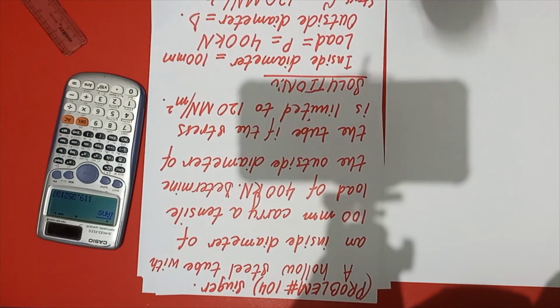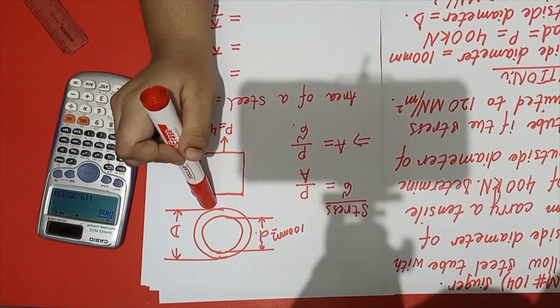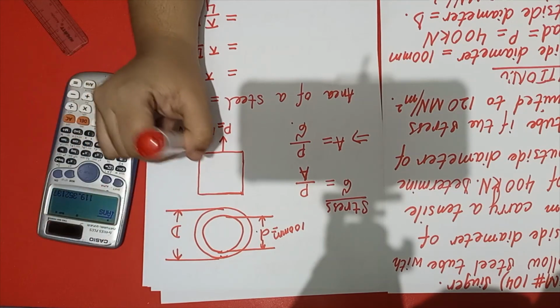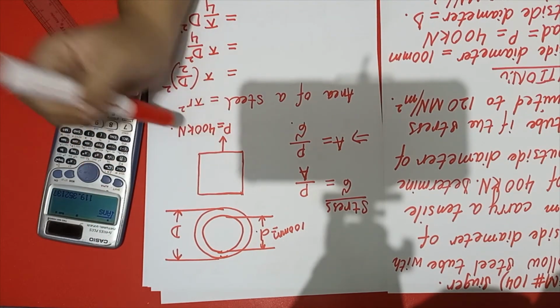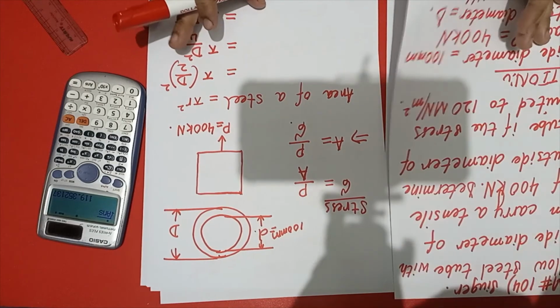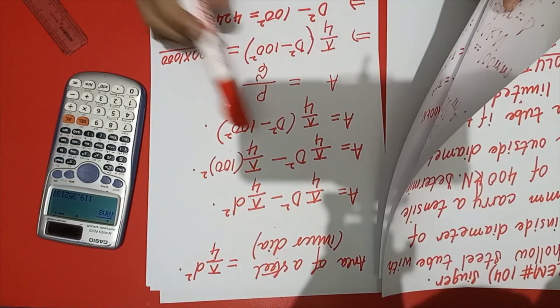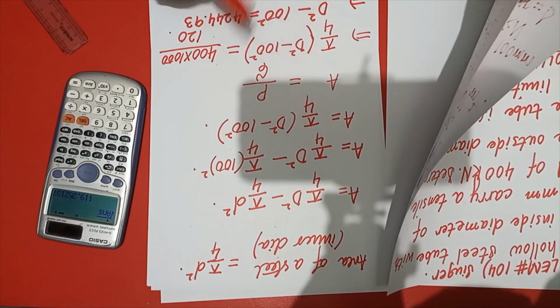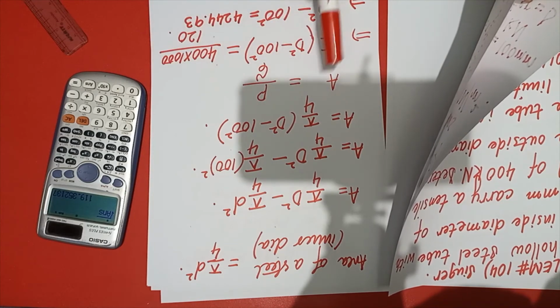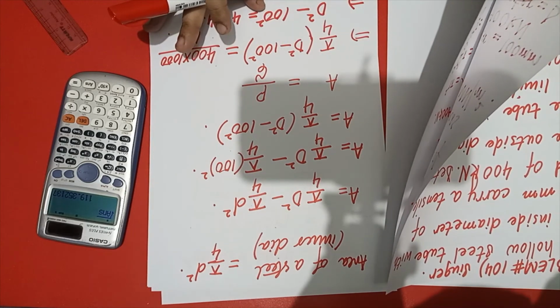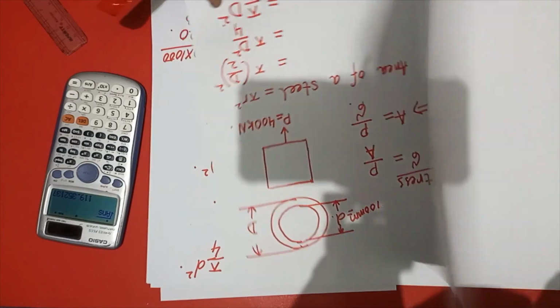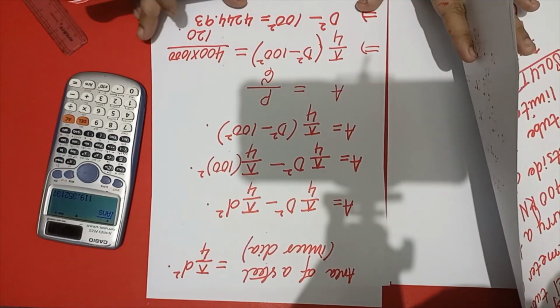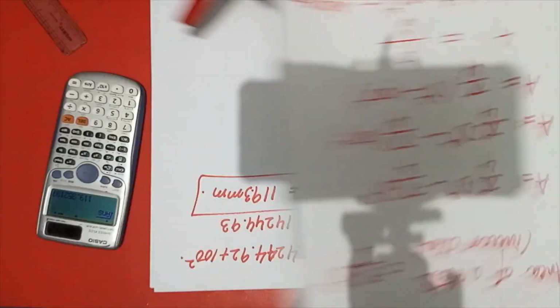So what we have done over here, we have taken the top view of the steel tube. Then we have taken the load 400 kilonewton. Then we have to find the area of the steel by subtracting the smaller area from the larger, outer area. So we will get the value of the area. If the question asks for the value of the area, we can easily find it. It is not asked in this question, but if I want to add it, I will simply put the value of the diameter over here.